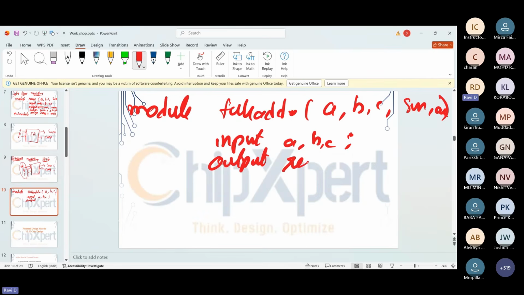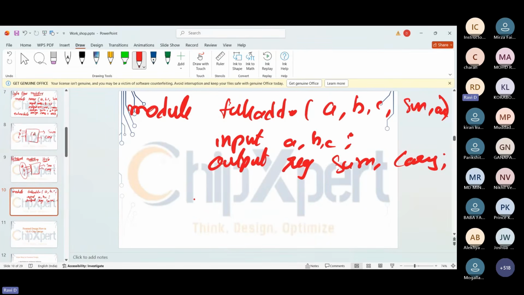I'm going to use the register data type for my outputs here. A register is going to store the data. Whenever a change happens in my inputs, the output should change. If there is no input change, what should happen? It should store a constant value.